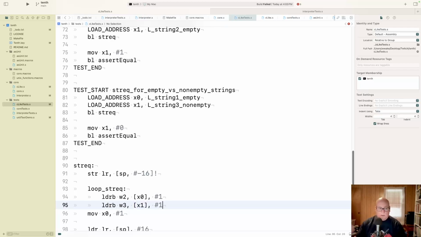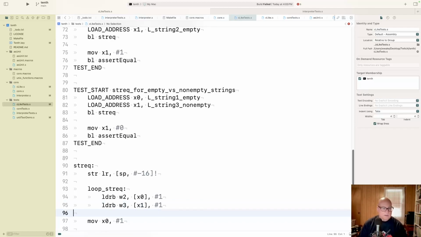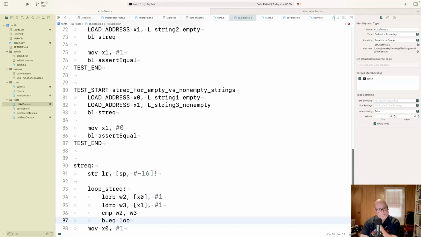Okay, we're allowed to destroy the pointers, so we're doing that. All right. And we're going to compare W2 and W3, branch. If they're equal, we're going to go back to, well, no, if they're not equal,